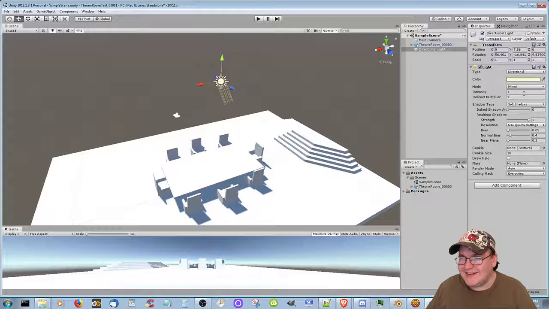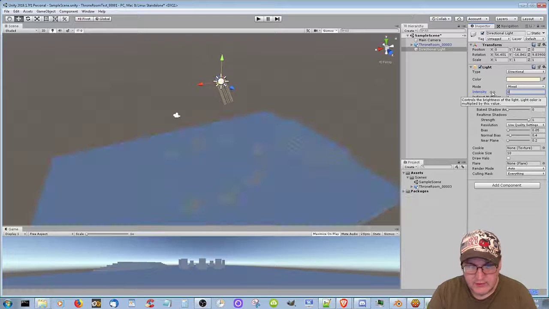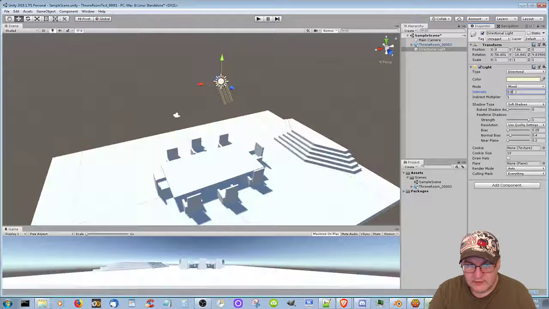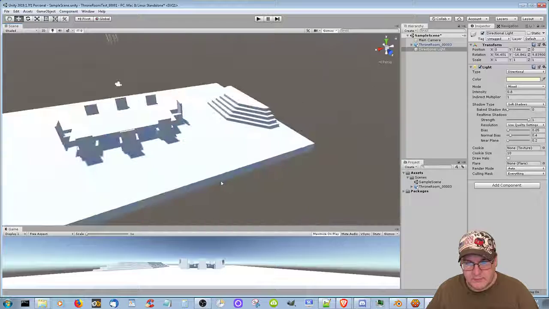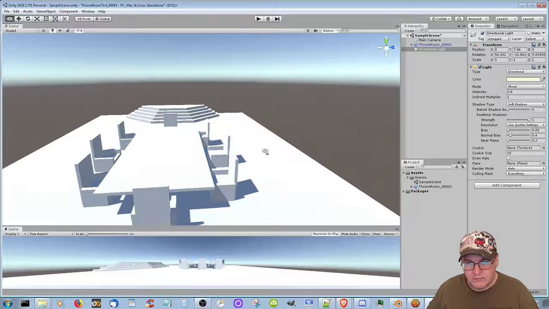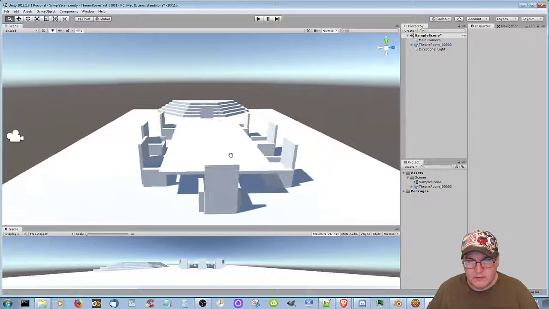That's cool. Okay, so directional. Let's see. Intensity. Let's try 0.5. Okay, let's try 0.8. How come it's blue? Is that just because of the thing there? It doesn't really matter to me. I wonder if there's